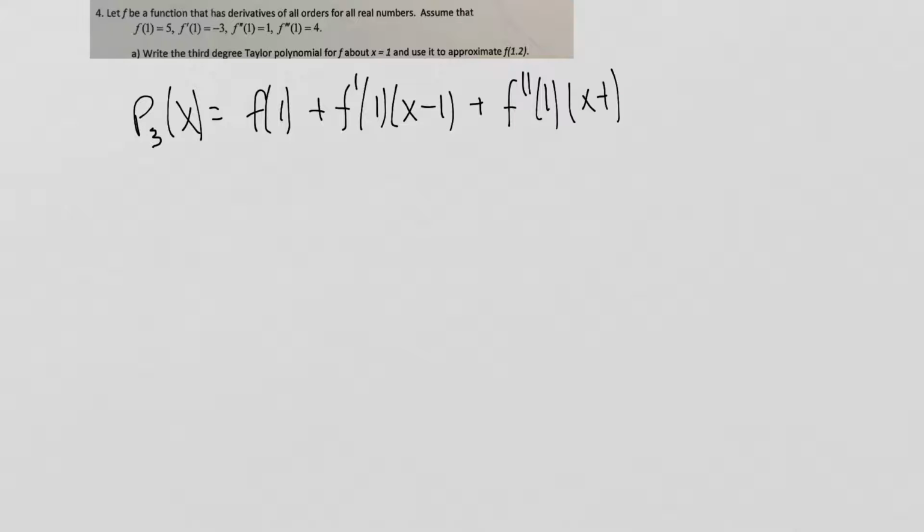of x is equal to f of 1 plus f prime of 1 times x minus 1. I'll point out that this part of the series right here is nothing but point slope with a tangent line. If I took this guy over here and changed that to a y, it would be point slope for a tangent line. So the next terms that I get are plus f double prime of 1 times x minus 1